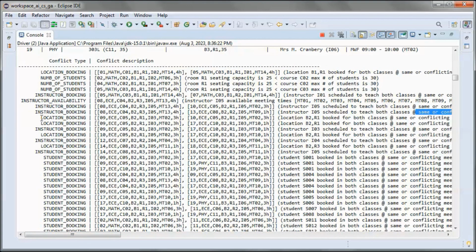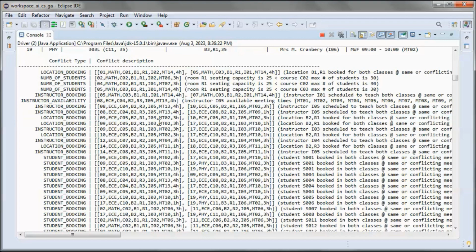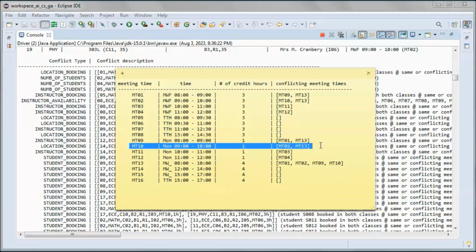And here we have a location booking conflict. So here we have different meeting times, meeting time 02 and meeting time 10. So meeting time 10 conflicts with meeting time 02.